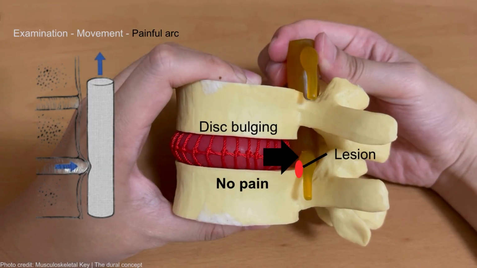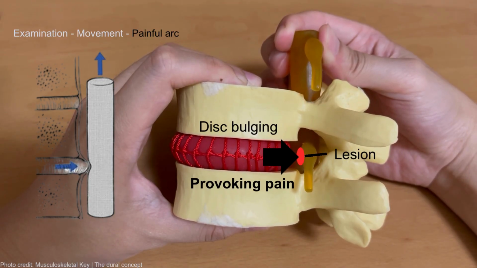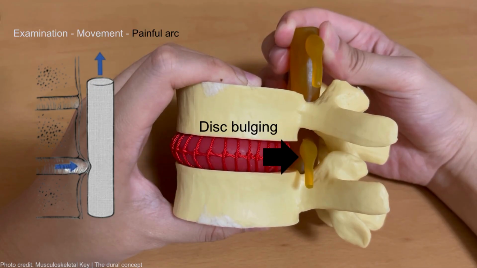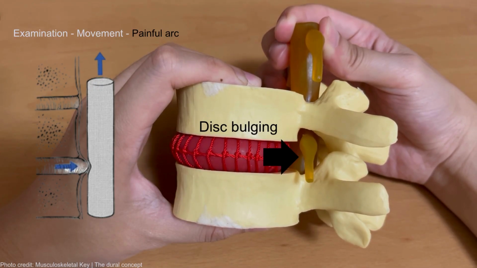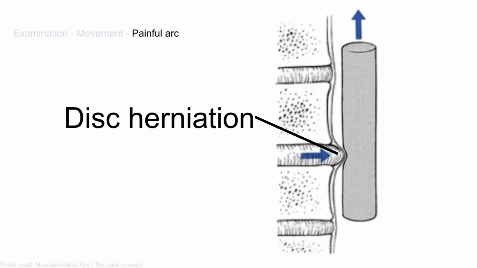This is often observed when the spine flexes, causing a momentary bulge in the intervertebral disc. This bulging can increase pressure on nearby nerves or dural structures, leading to the sensation of pain during that particular part of the movement. This could suggest a problem like disc herniation, where inflammation or pressure affects the dura or